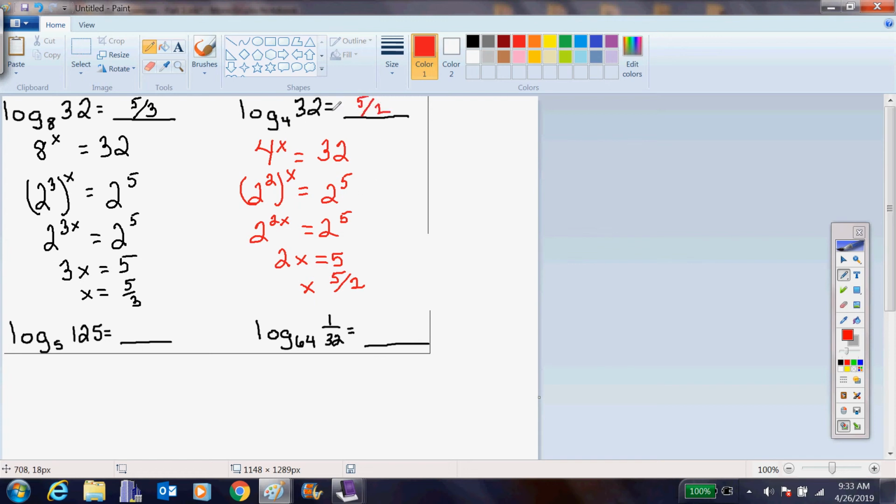So we have log base 4 of 32. Now, with these different bases, I know that a lot of you like to use the calculator, and it has its place. You could use the calculator to check if you wanted by taking 4 to the 5/2 power. You could even use the little caret on that and find out that it does give you 32 to check,